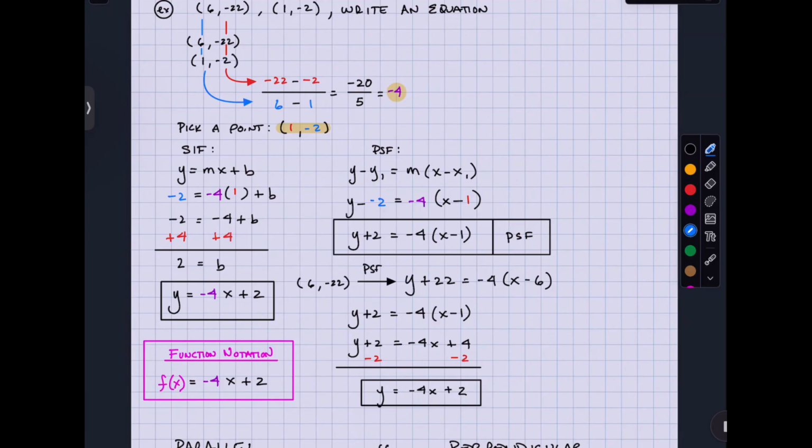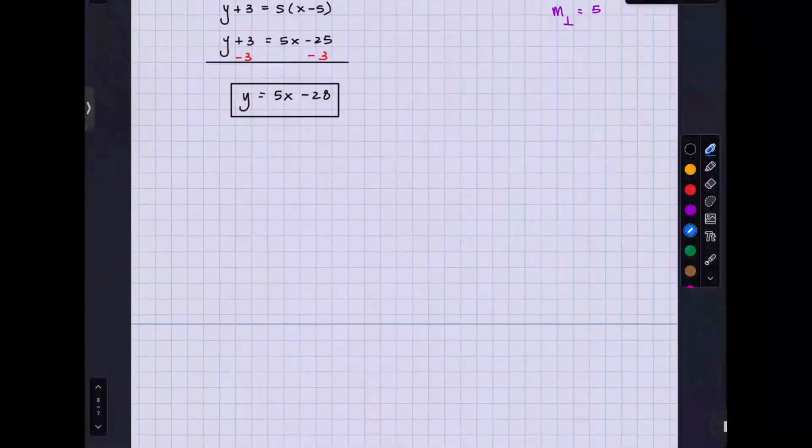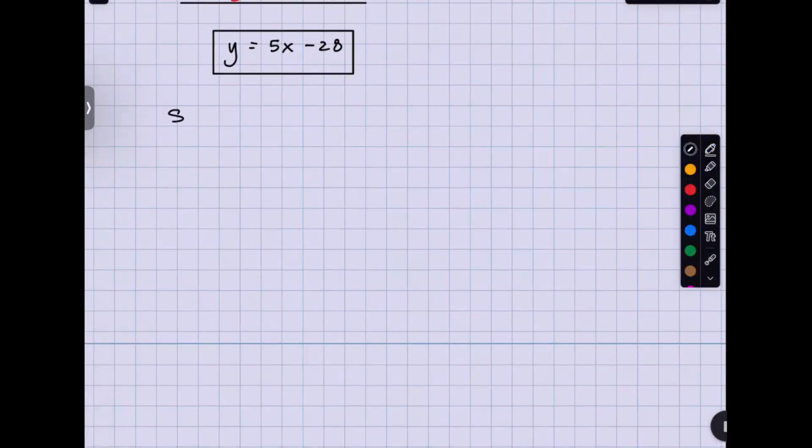That is standard form. So, you know what? I'm glad you asked that question. So the question is, what the heck is standard form? Right? So let's talk about that really quick. So standard form